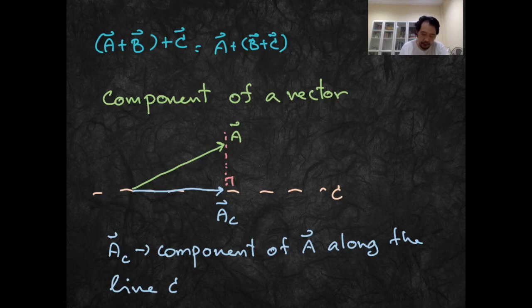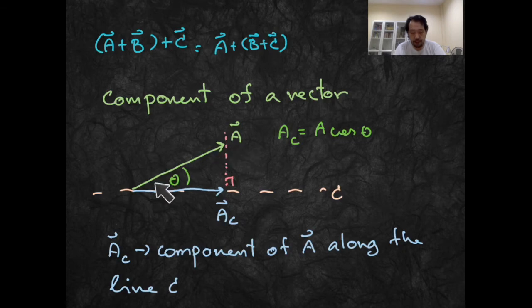If the angle between the vector A and the line C is theta, we can say that AC is equal to A cos theta. Okay, from trigonometry, we can see that the length of AC is equal to the length of A times cos